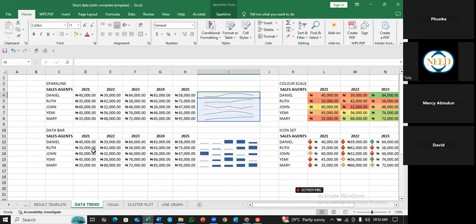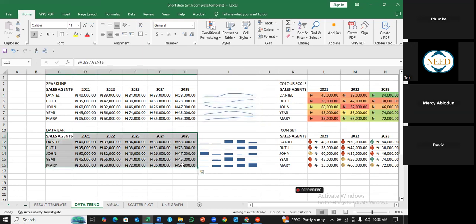So let's do 2 more, 3, before we move to the